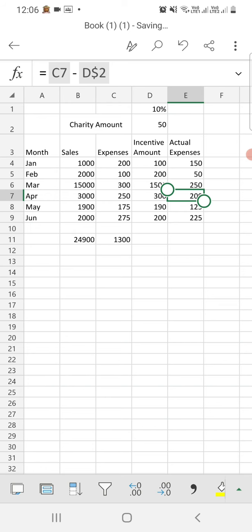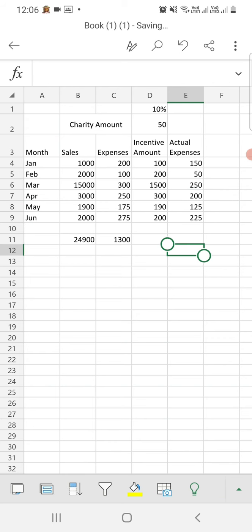Now C4, we have the value 200 minus 50, that is 150. Next cell C5, 100 minus 50, that is 50. 300 minus 50, that is 250. 250 minus 50, that is 200. 175 minus 50, that is 125. 275 minus 50, that is 225.